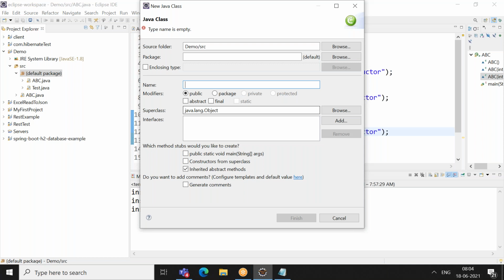And a child's property we cannot take, right? That is inheritance. The parent's property will be taken by the child, but the child's property can't be taken by the parent. Yes.